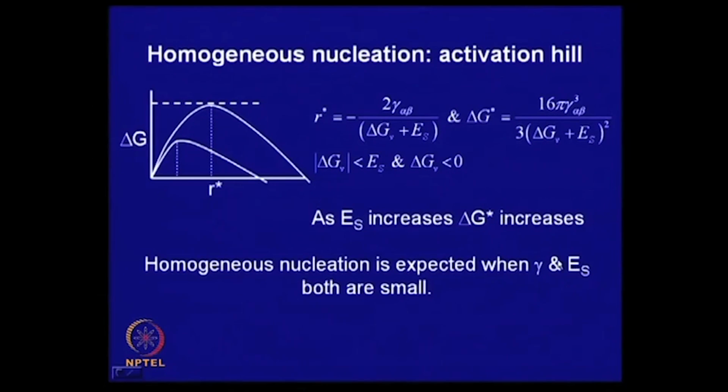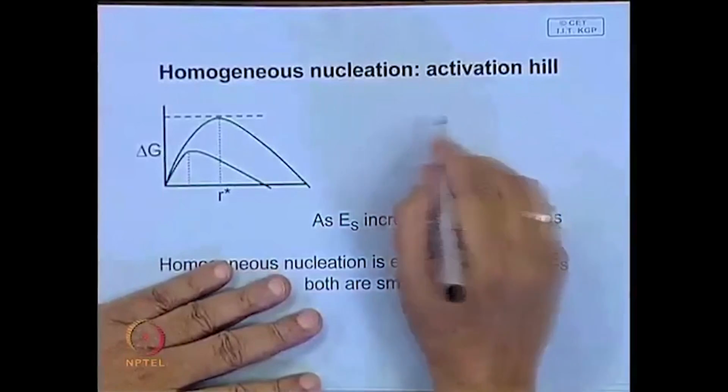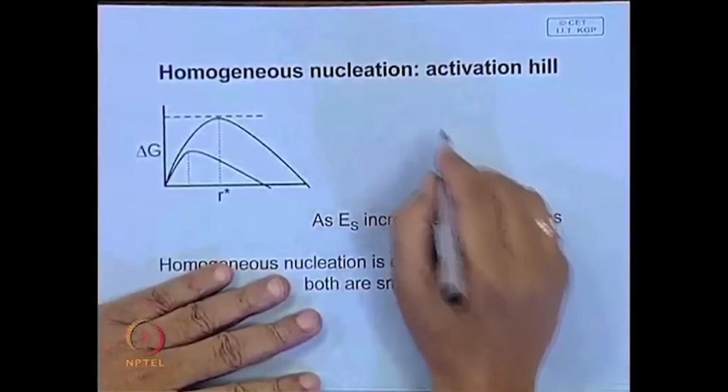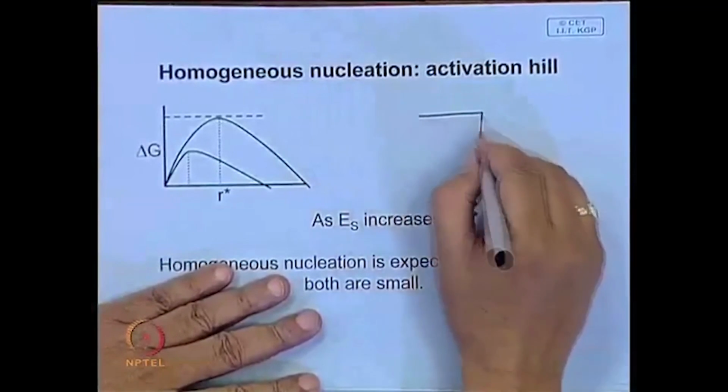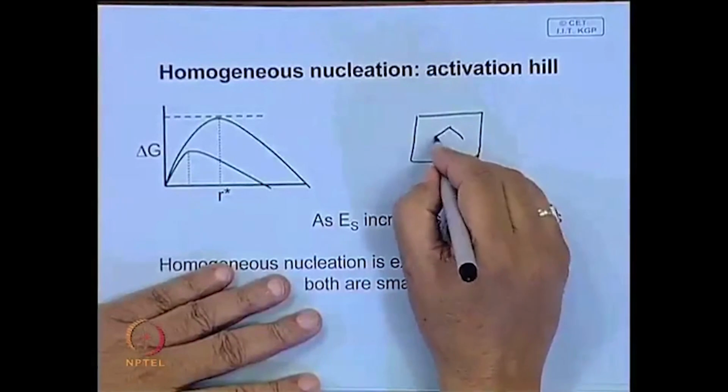When will it be promoted? If gamma is very small and the strain energy, ES, is also very small. We will see as we proceed through the lecture when it will be possible to promote homogeneous nucleation. And why we need homogeneous nucleation: we will see as we go through the mechanism of precipitation in any microstructure. These are the grains,